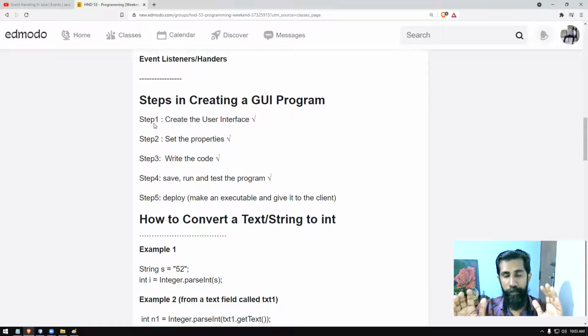So for example, if you are building a login screen, basically you need the username and password. To type the username and password, you need 2 text fields. Then you need an OK cancel or login cancel button. Basically, these are the 6 controls that you need: 2 labels, 2 text fields, 2 buttons. You can build a GUI login screen like that. So dragging and dropping and arranging that part is known as creating the user interface.